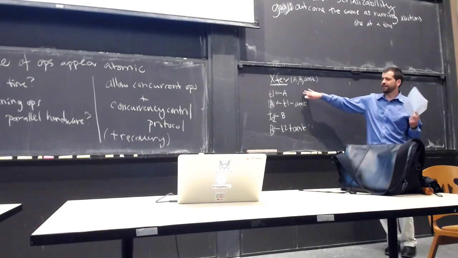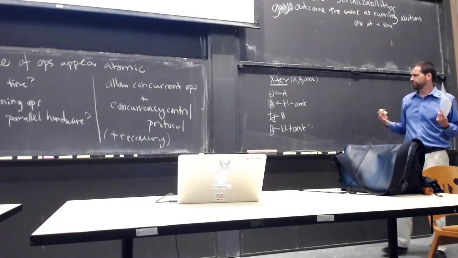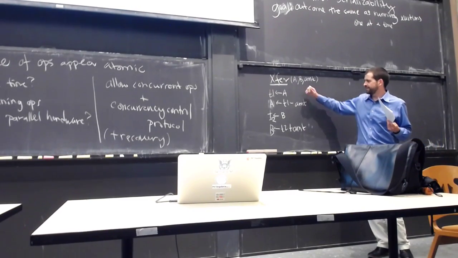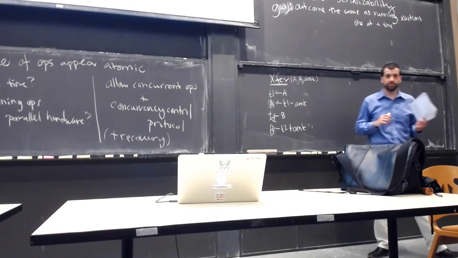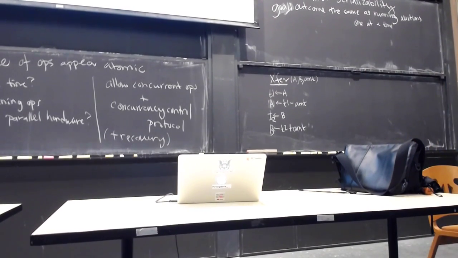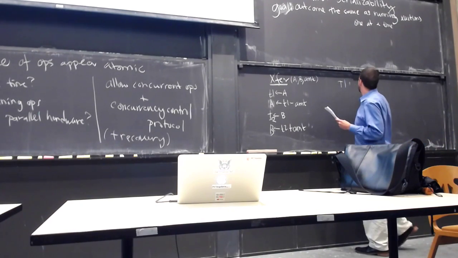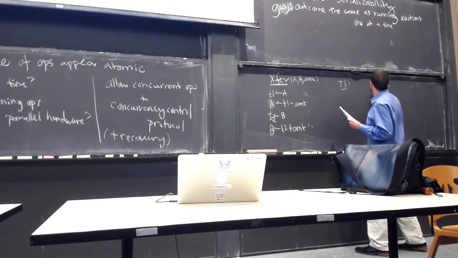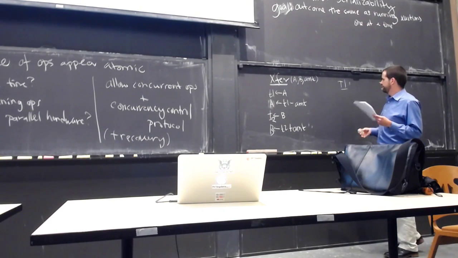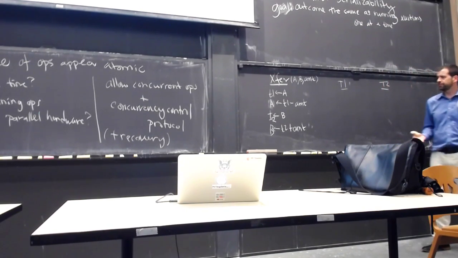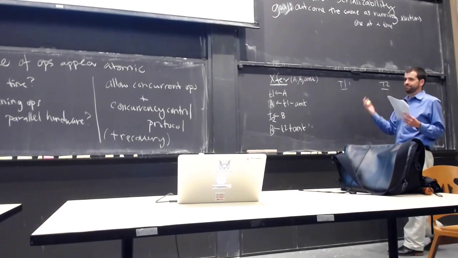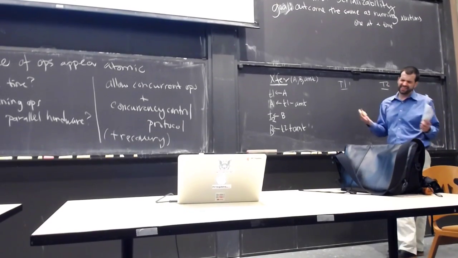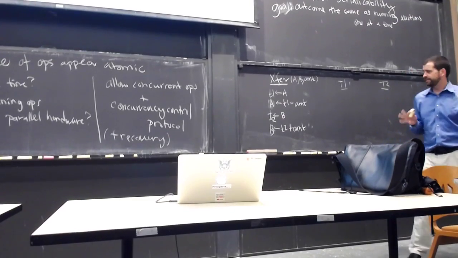I write it in this funky way with these temporary variables so that we can reason a little bit about it, and separate out the reads of a variable like A from the writes of a variable like A. Now imagine we have two of these running concurrently, T1 and T2. The way we're typically going to abstract these transactions is we take some program written like this in a programming language, and we think instead just about the reads and writes that these transactions provide.